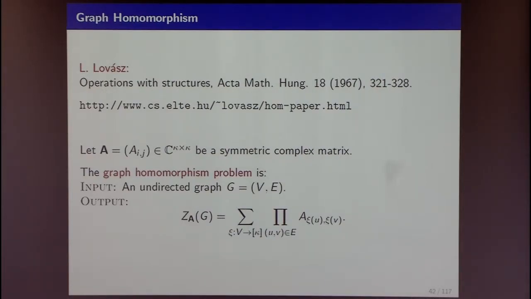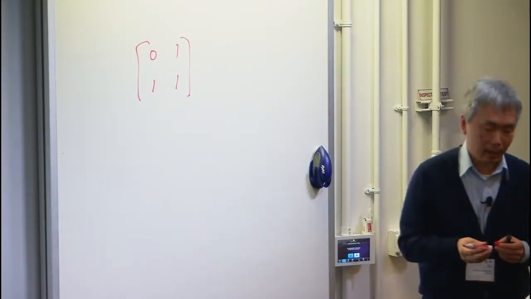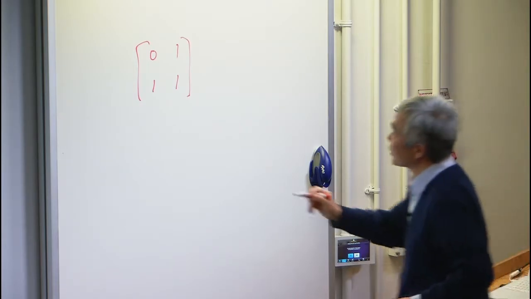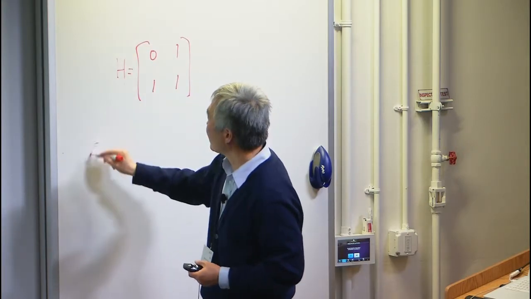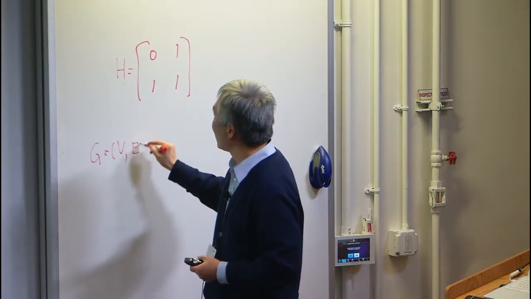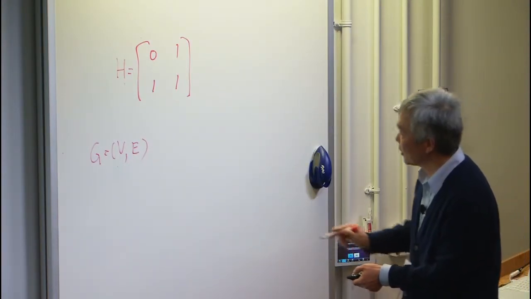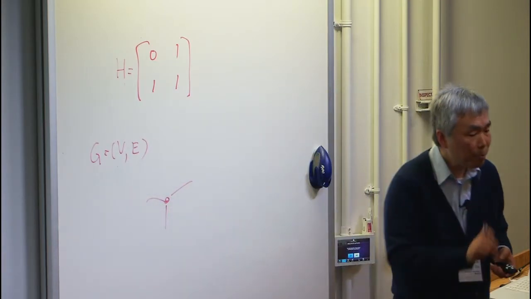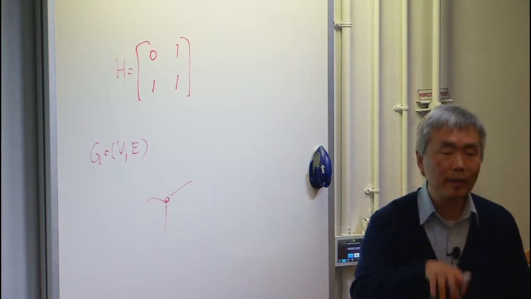So for example, if you have the matrix of 0, 1, 1, 1, okay? And there are 2 colors, 0 and 1, namely. And for every graph, this is some sort of matrix H. And then for every graph, you are now assigning vertices of the graph to be 0 or 1. Okay? You're picking the vertex or not picking the vertex, per each vertex. You're picking a subset of vertices.